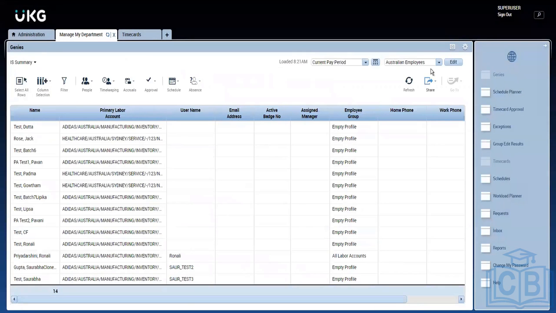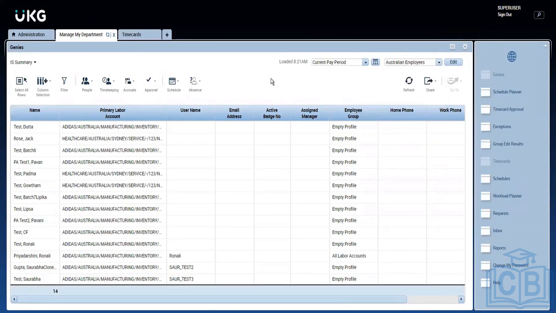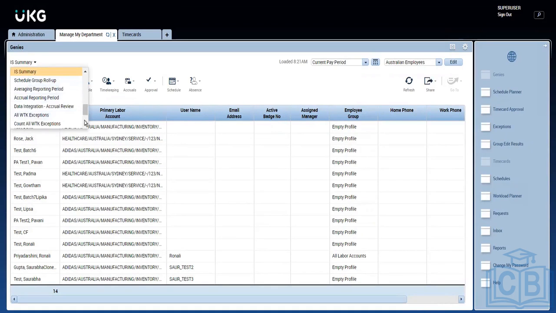So now we have a hyperfind here, which says Australian employees, and it has only people who belong to Australia as a second value. This is not limited to this particular Genie. You can use this to review any Genie.